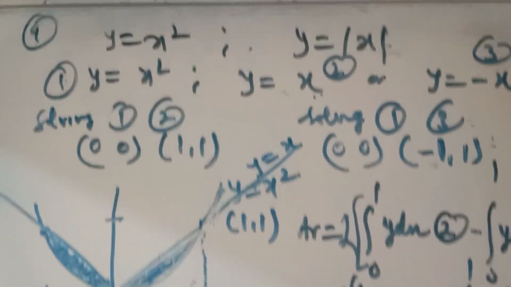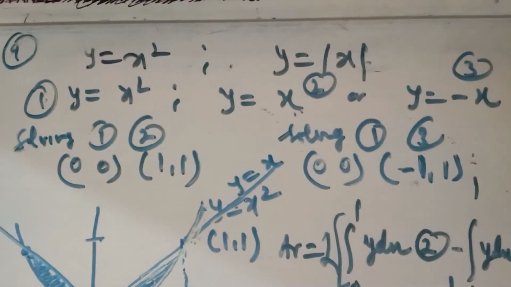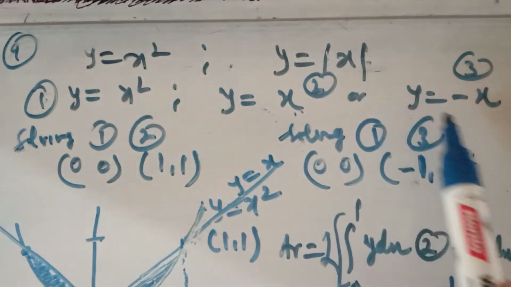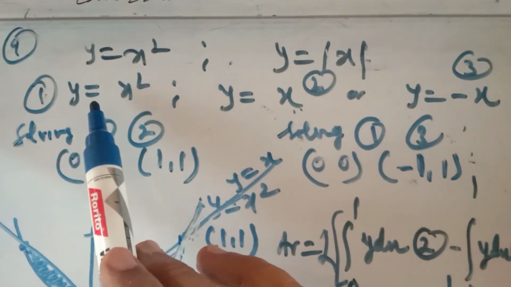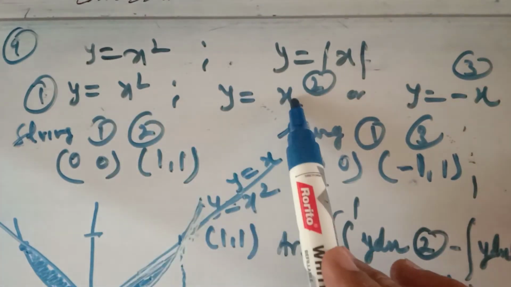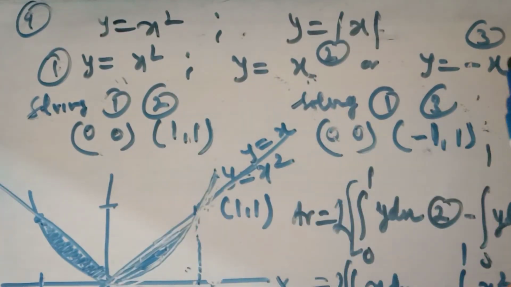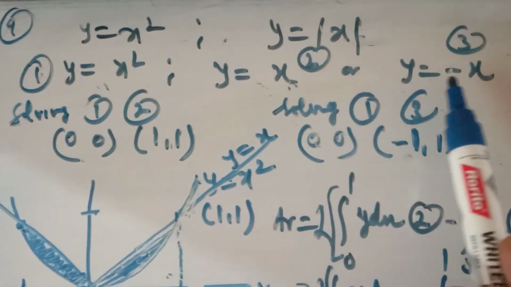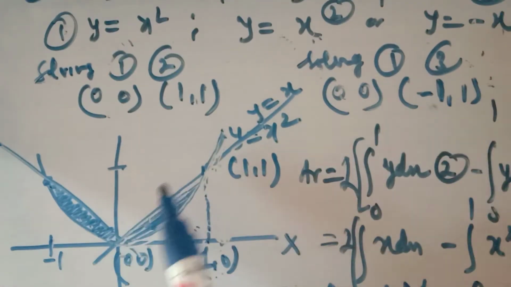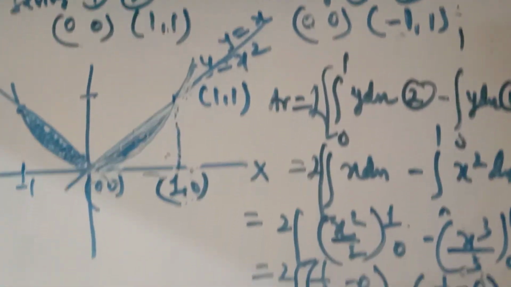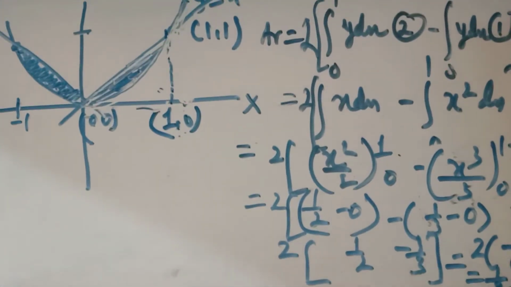It is a good question. First of all, you have to detect what type these two curves are. This has a mod sign. So first I have taken this as y = x and y = -x. Find the point of intersection of the first curve and this line, and the first curve and that line. We are getting (0, 0) and (1, 1) when we solve the first and third. So sketch it, find out which area you have to find, and the total area bounded by these two curves. So this is a question based on the area bounded by two curves.